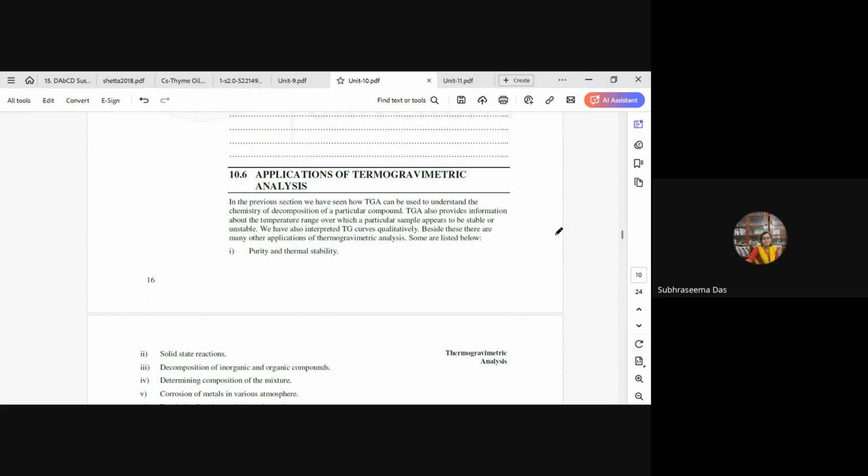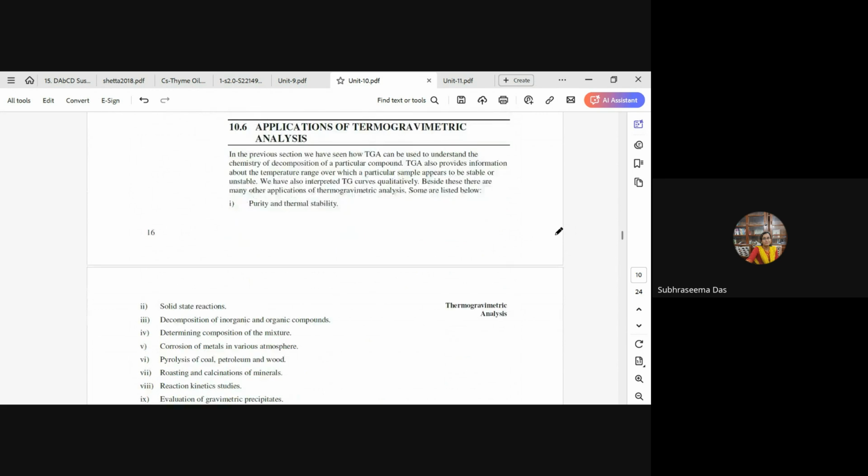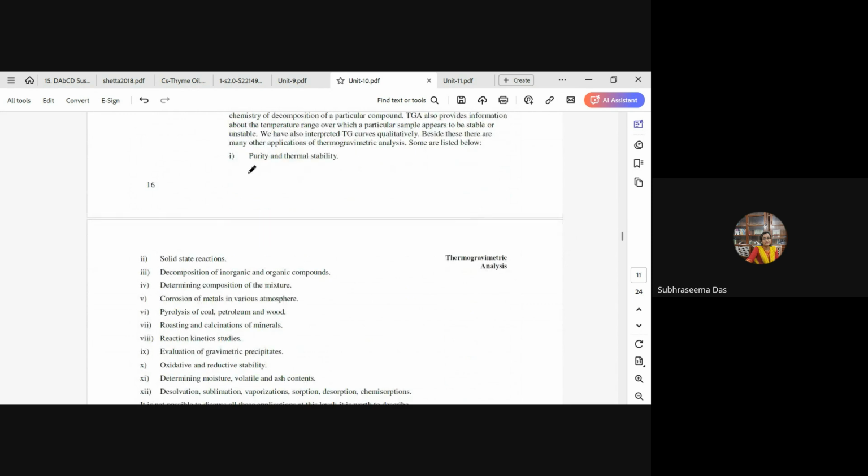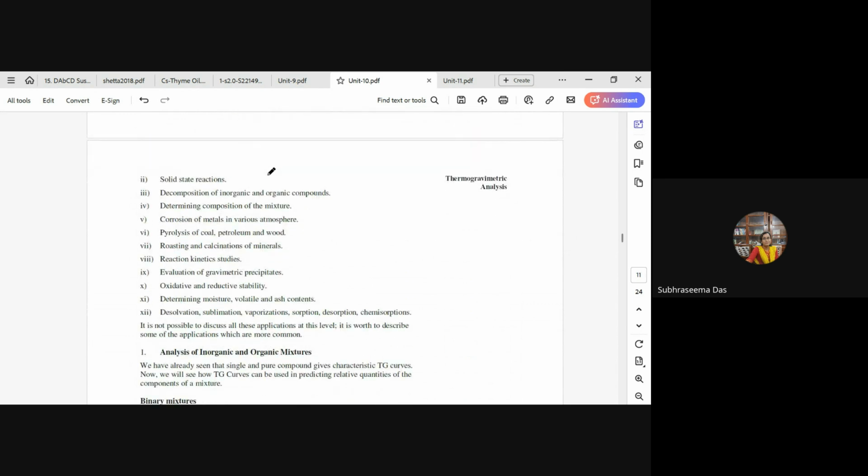Then coming to applications of thermogravimetric analysis. TGA curves provide information about the thermal stability of any material. Besides that, there are other applications. Some of the applications are in purity and thermal stability, solid state reactions, decomposition of inorganic and organic